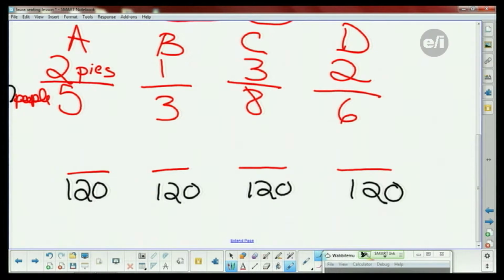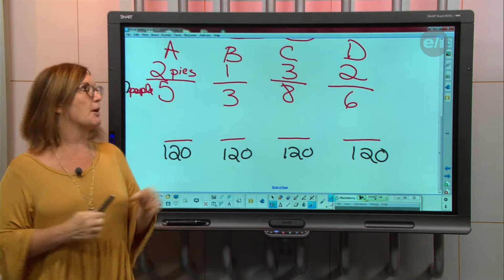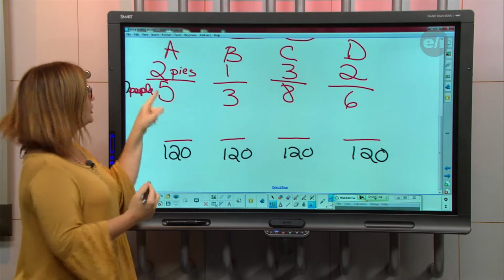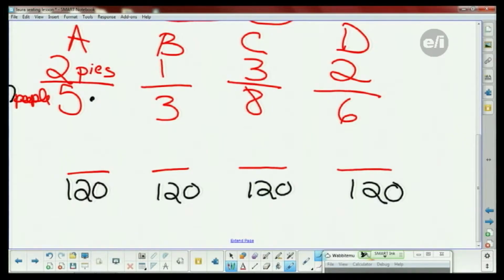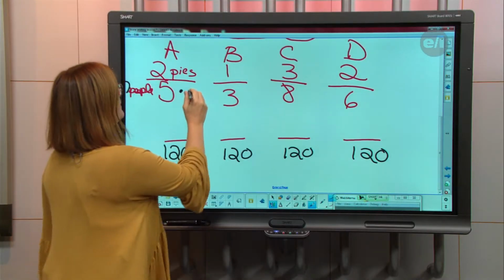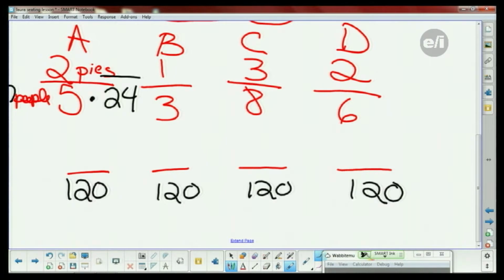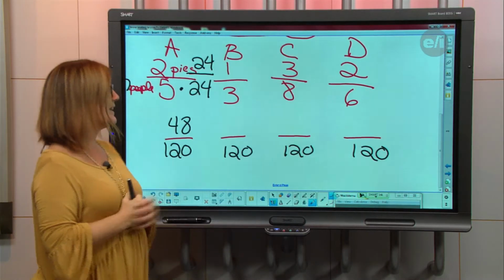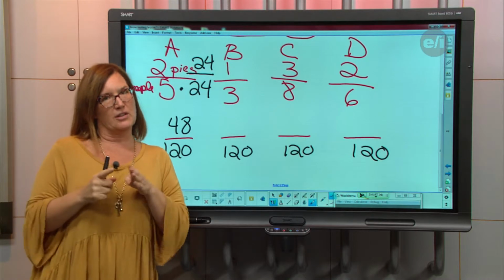Okay? Alrighty. So I'm looking at 2/5. I want to convert it into 120ths. So I need to think about what we are going to multiply 2/5 by that will make the bottom equal 120. So I'm actually looking at the 5. How many times does 5 go into the number 120? It goes in 24 times, okay? So I'm going to multiply the bottom by 24, but I'm also going to multiply the top by 24 because you're multiplying it by the whole number 1, okay? So 2 times 24 is 48. So 2 out of 5 pies is the same as if I cut all those pies into 120 pieces, and you got 48 out of 120. You have 48 of those little teeny slices.